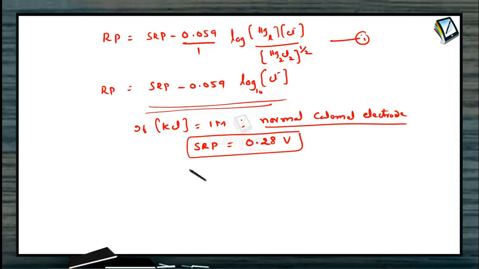And the half cell reaction is represented as Hg2Cl2 in contact with the chloride ion concentration, the concentration of chloride ion under standard conditions being 1 molar. But to answer the question, all this is not needed. Just mercurous chloride is the basis on the name of which the electrode is called the calomel electrode and is used as the secondary reference electrode.